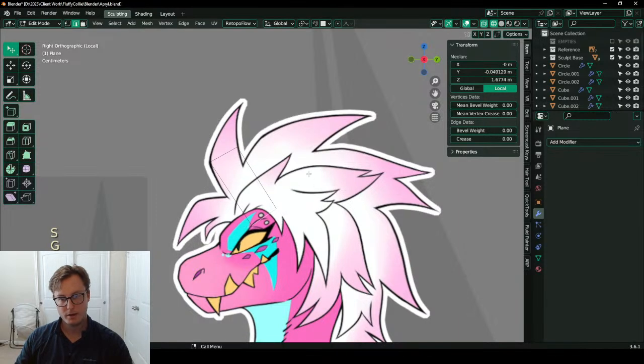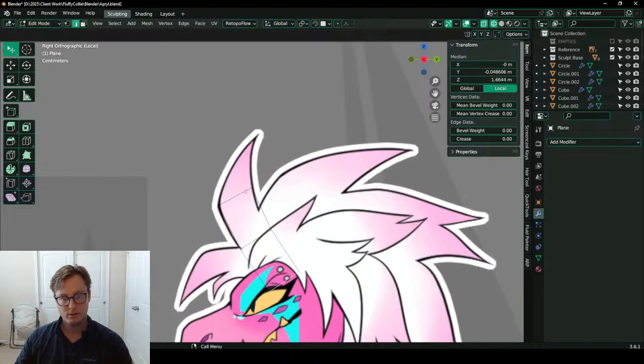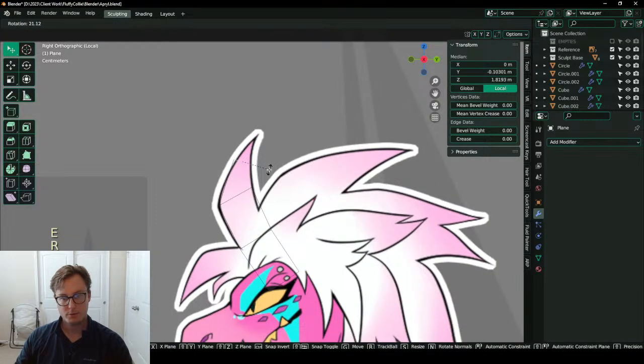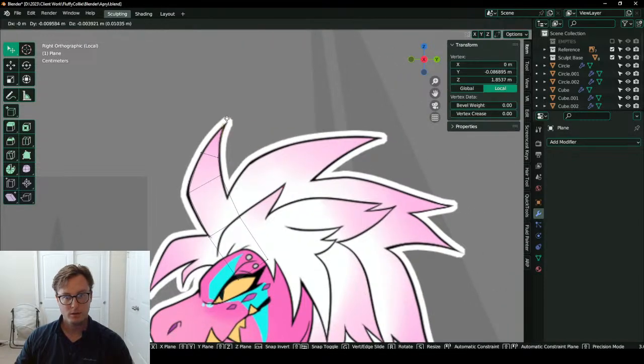Very important when you're making the hair this way to always get it into the head. It's very easy to stop short, but you need to put it into the head. That's the proper way.